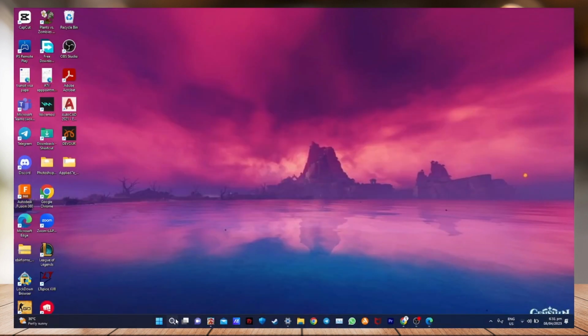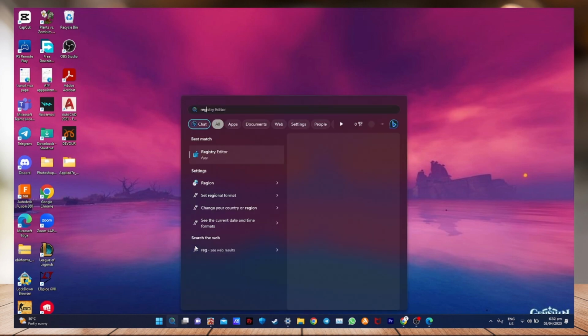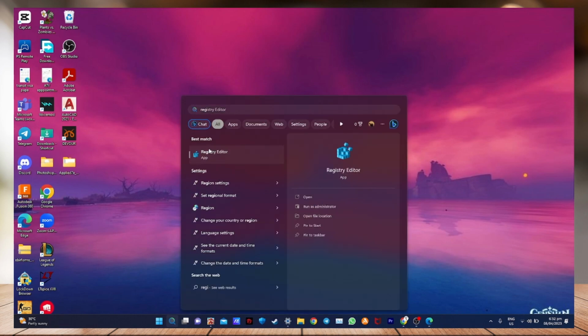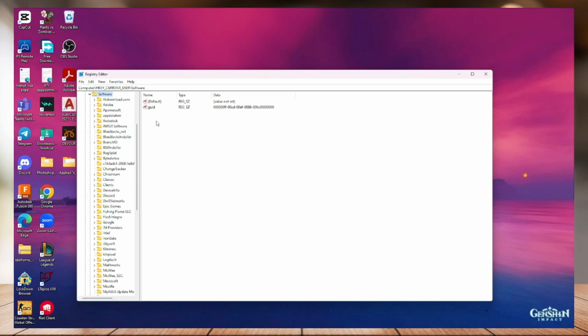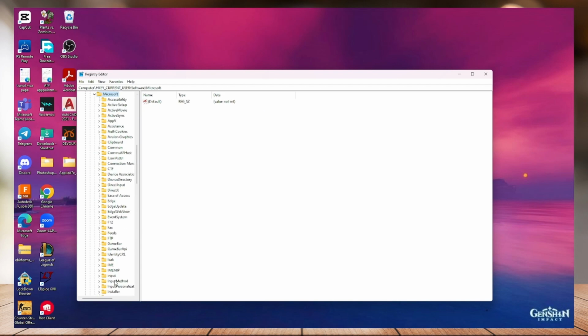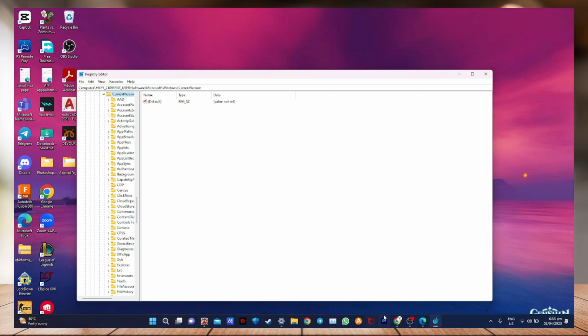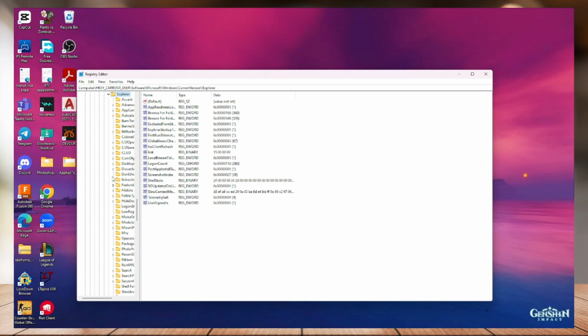So last thing that you can do is to go to registry editor. After going to registry editor, just click this current user right here and go to software, and under software go to Microsoft, and under Microsoft just go to Windows, and under Windows you just go to current version, and under current version just go Explorer, and under Explorer